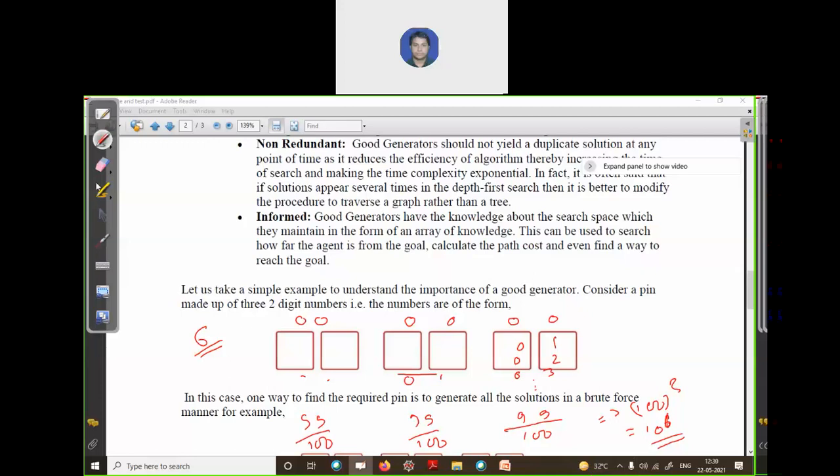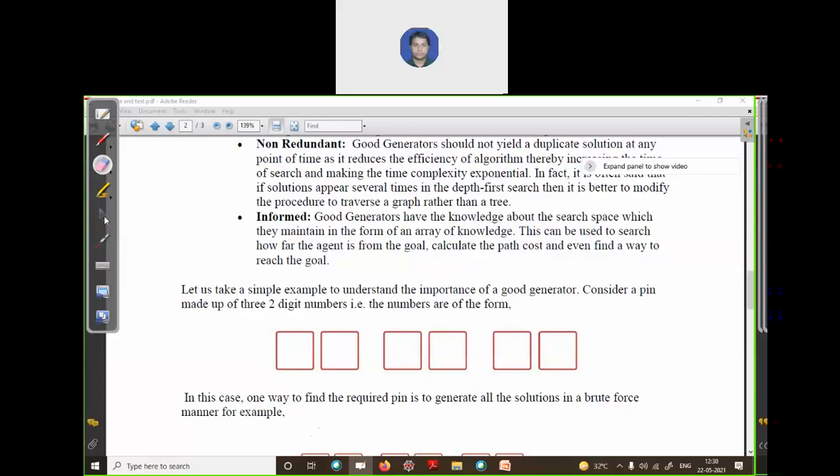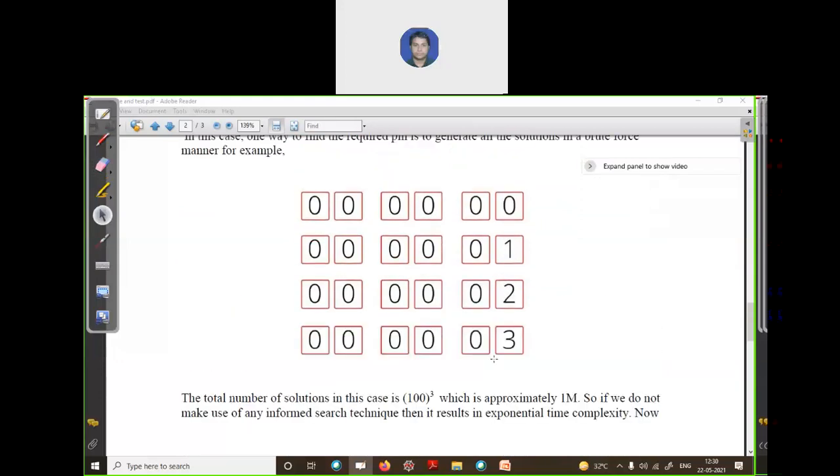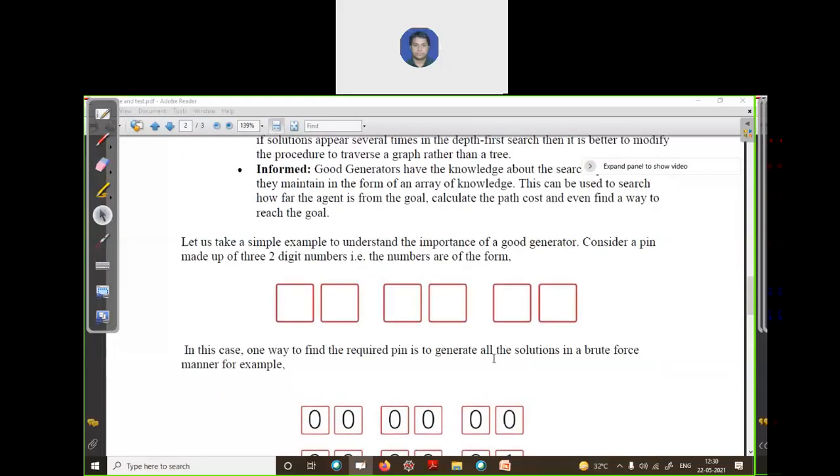Now in the informed heuristic search technique, what we do is apply some kind of guessing. We have some kind of information and follow that information to find the solution, to find the key for this problem. Suppose I know your date of birth, so it can be easy for me to guess some digits. I know the year in which you were born, or the month, or the date. If you apply this kind of information, it will create a smaller number of combinations.